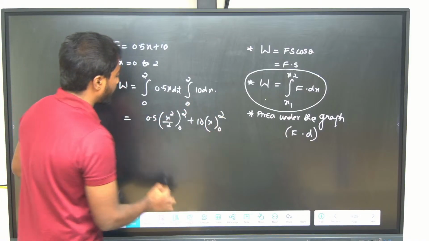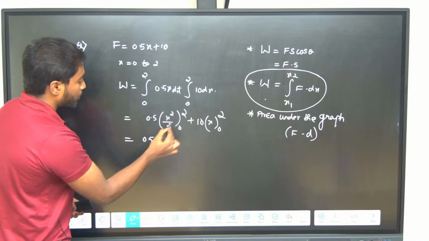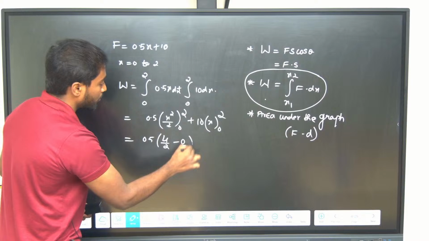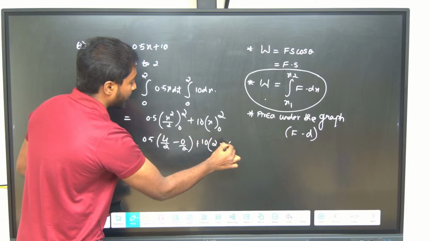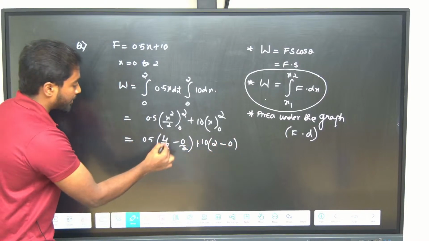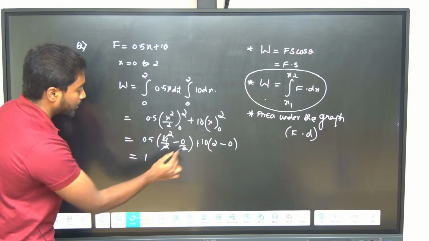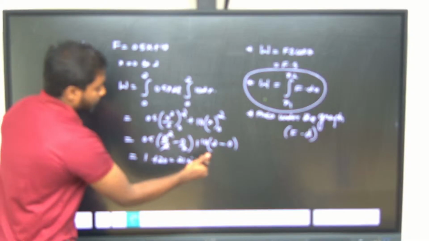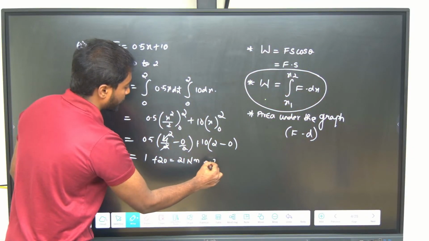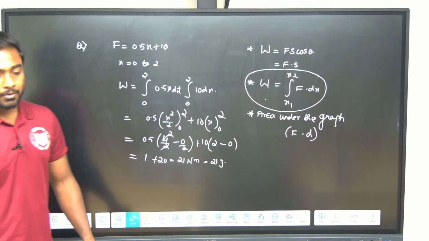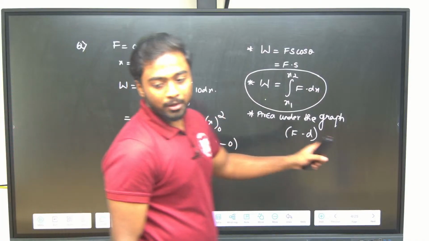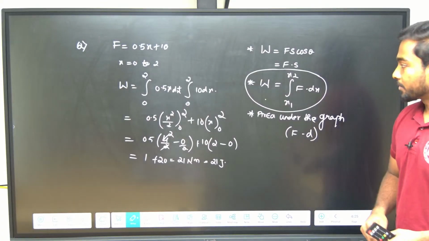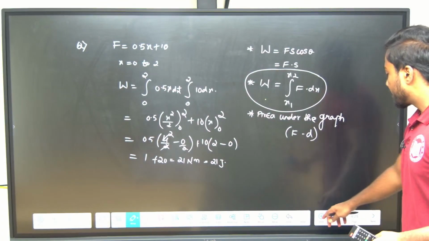So, 0 to 2. So, 0.5 into 4 by 2 minus 0 by 2, plus 10 into 2 minus 0. So, 1 times this 2 is 1, plus 20, which is nothing but 21 Newton meter, or else we will say 21 joules. So, the SI unit of work is Newton meter, or else joules. Done. So, the next question is,